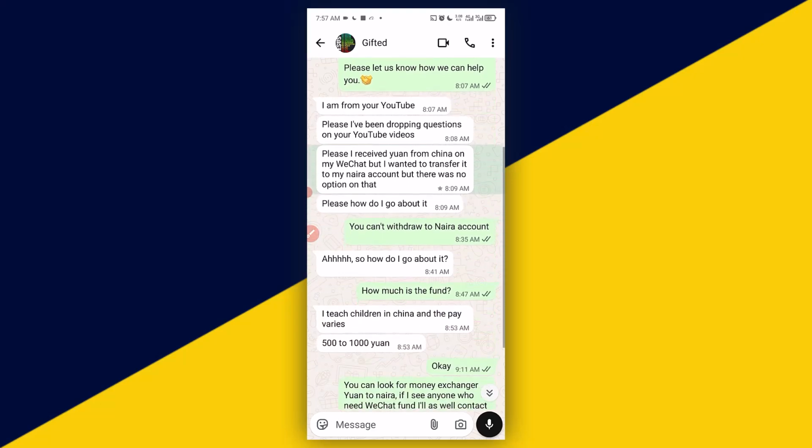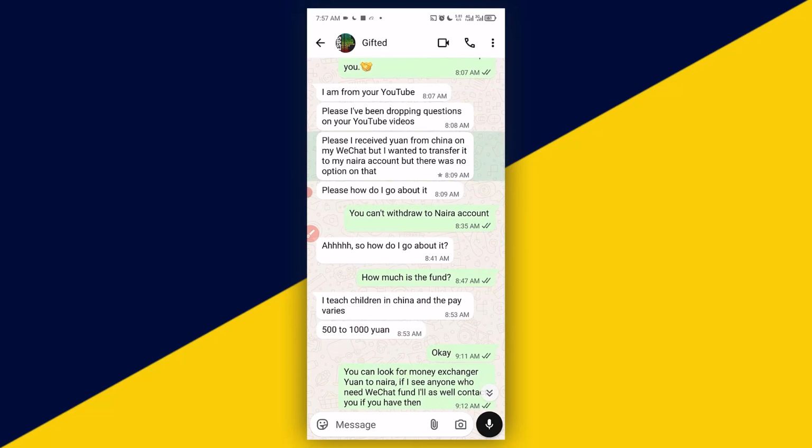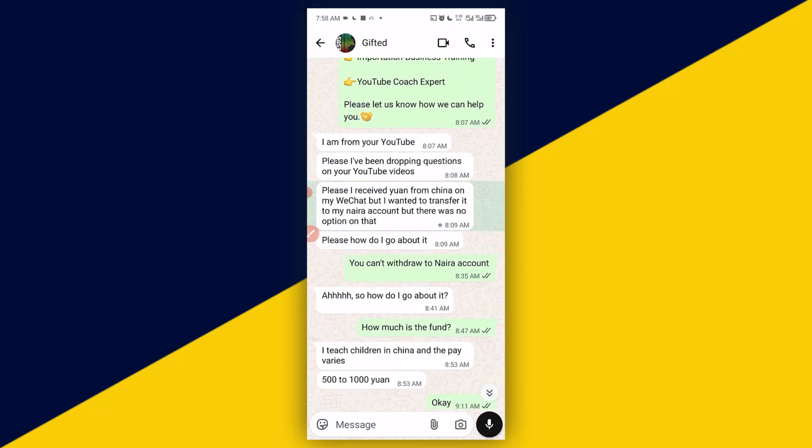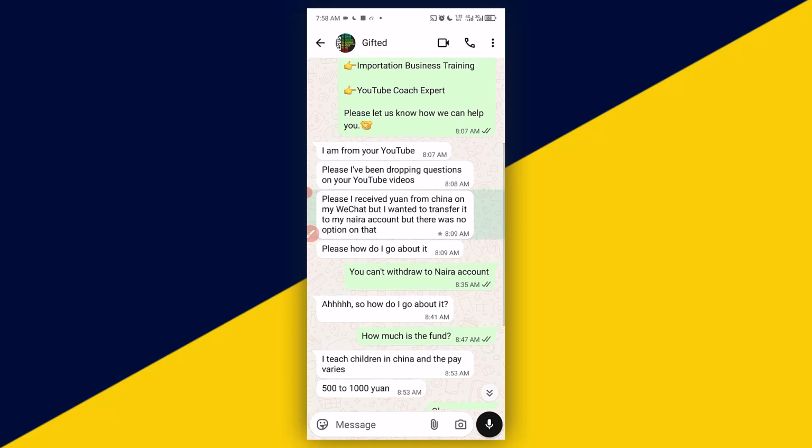So I asked how much the fund is. They said, I teach children in China and the pay varies between 500 to 1,000 yuan. So this person is a remote worker. He teaches people in China, and Chinese only make payments through either WeChat Pay or Alipay. So if you find yourself in this category, you are a foreigner working with Chinese people as an expatriate and you do not reside in China, and because Chinese only pay on Alipay or WeChat,